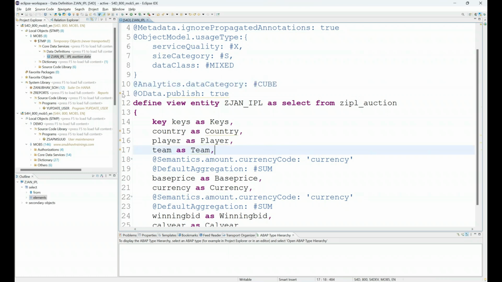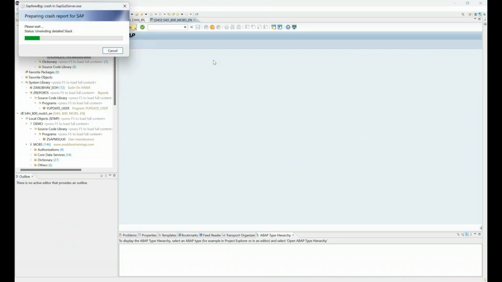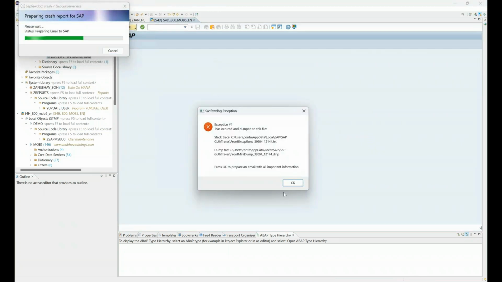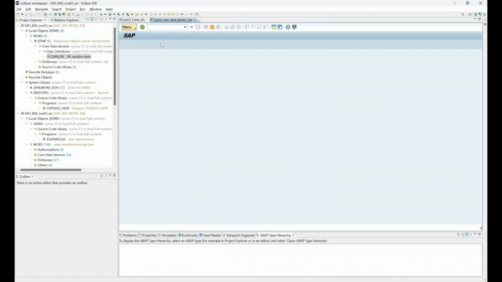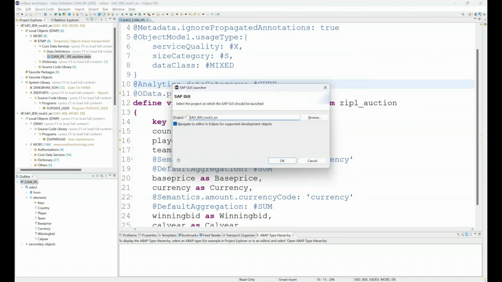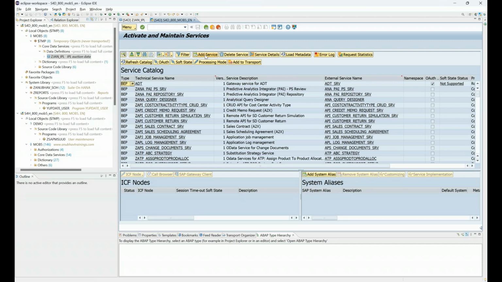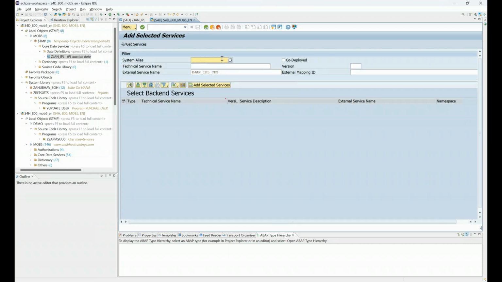Fantastic. So a service gets created. You can see when I hover the mouse, the name of the service will be the same name as the CDS view name, underscore CDS. So I copy this name, I go to another session, and I register this service using the transaction code /n/IWFND/MAINT_SERVICE. Let me go to another session and open the maintain service. This is the T-code where we register our service. So add the service, register our service,